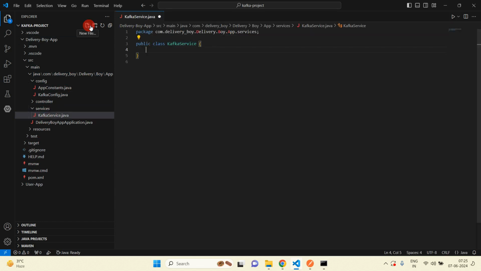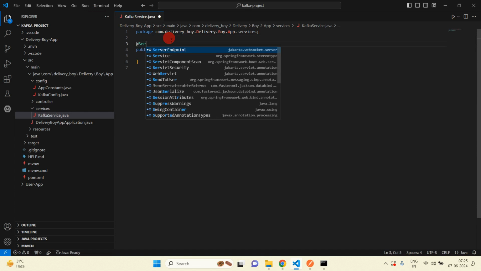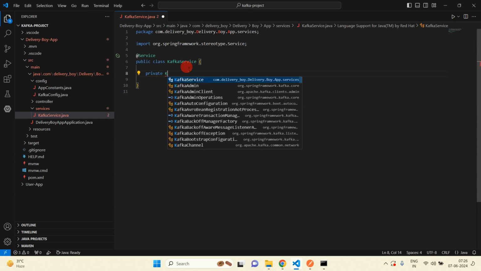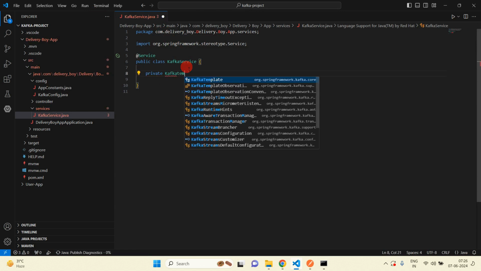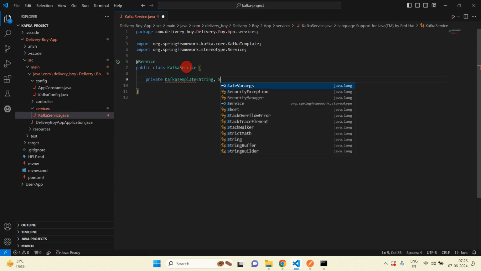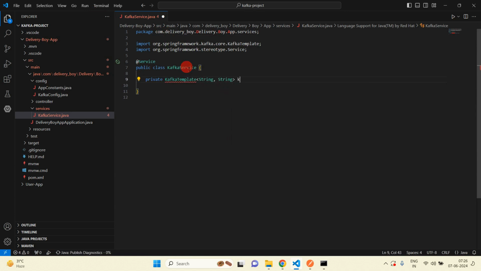and inside this file we will have to use @Service. So just write @Service, and then we will use KafkaTemplate here. So write private KafkaTemplate, and KafkaTemplate will take two parameters of the data types as String, and then write the object of the KafkaTemplate and autowire this.